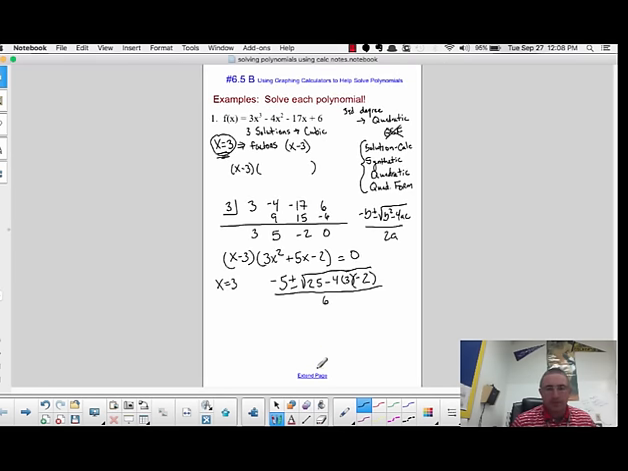All over 6. So, negative 5 plus or minus the square root of 25 plus 12, plus 24, right? 4 times 3 and negative 2 is negative 24, but I'm adding, so 49 all over 6. Negative 5 plus or minus 7 over 6. So I'm going to get two answers. Negative 5 plus 7, I'm going to get 2/6. Negative 5 minus 7, negative 12